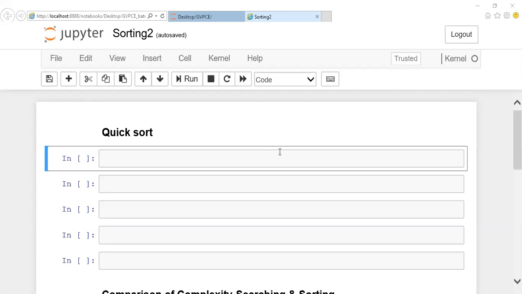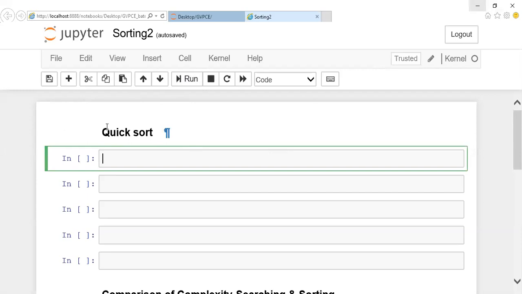Yesterday we were discussing merge sort, isn't it? Today we are going to see the quick sort algorithm. As I told you, merge sort is an efficient algorithm. The name given is quick, but it doesn't mean that quick sort will work in a quicker manner. The name of it is just quick sort.